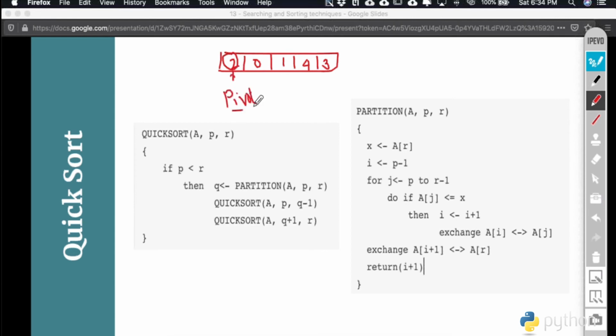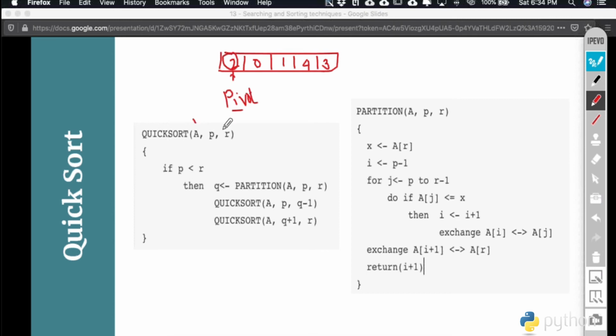And now what we have to do is place this pivot element in its correct position and leave the other elements as they are. We really do not care whether these elements are in sorted manner or not. So we need to find the correct location of this 2, and then we will insert that 2 at that particular place. So this is a simple pseudo code that we use for quicksort.